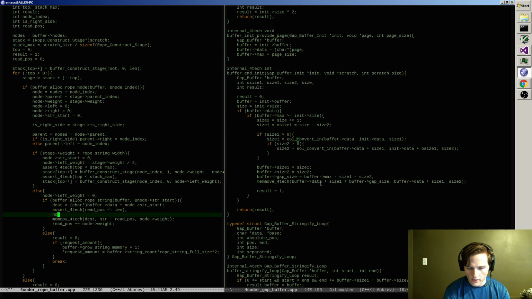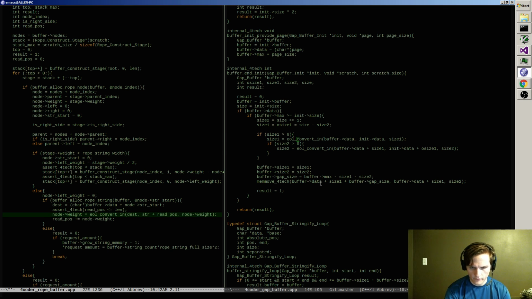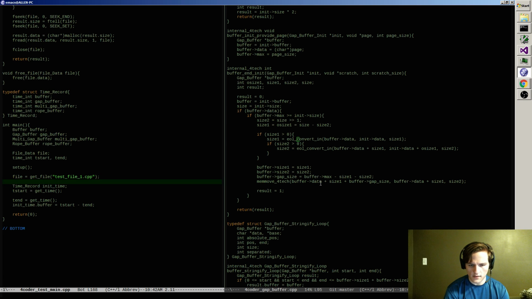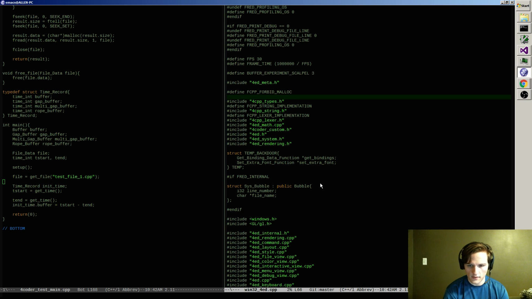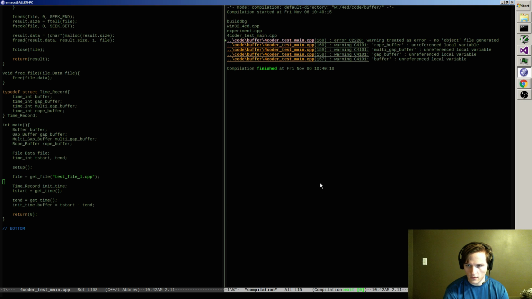And yeah, okay, so the node's weight becomes the convert in of the destination goes here, same exact source, and a size. Okay. That's good. That's a good catch. So that's nice to have fixed.